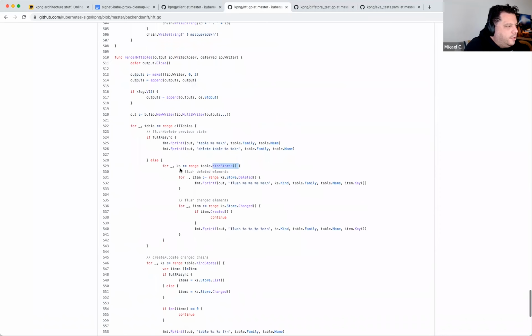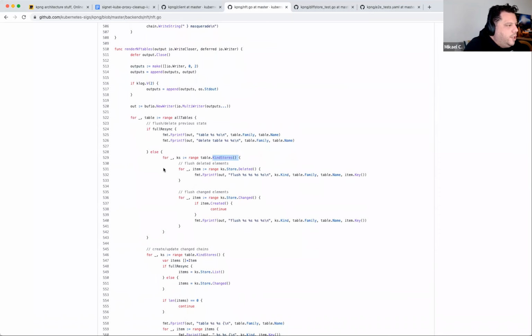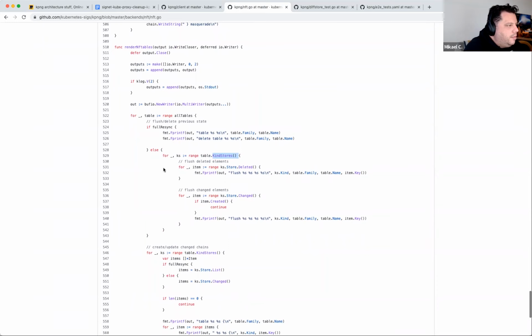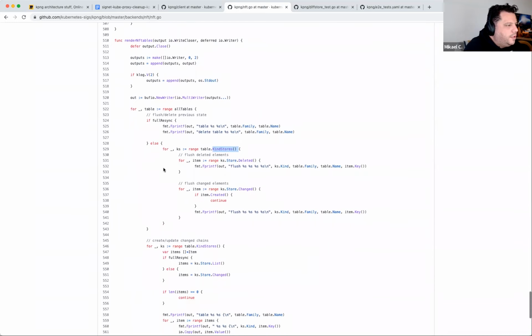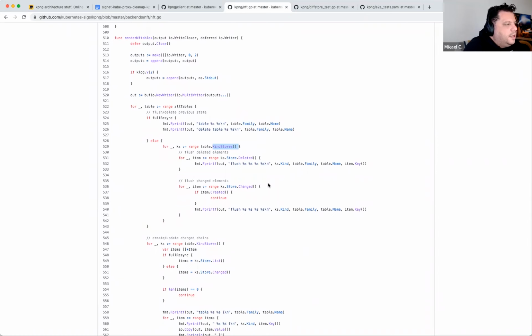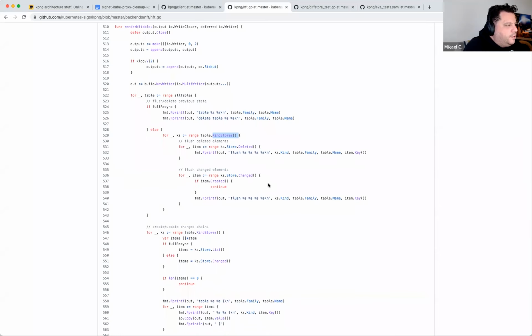There's a little trick in NF tables because I may want to have a full resync if there's an update issue somewhere. But the nominal case is not full resync, so just ignore that. And this is where I use the diff. The first thing I do is empty everything that's been deleted, that's what you see at line 532. It goes through the deleted items and just flushes them, so every reference is cleared.